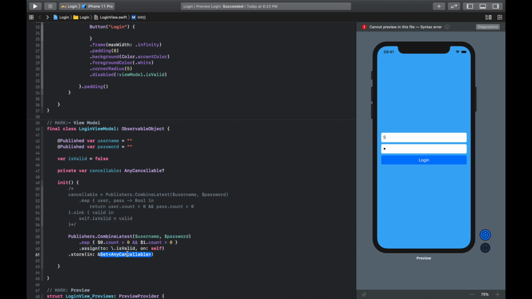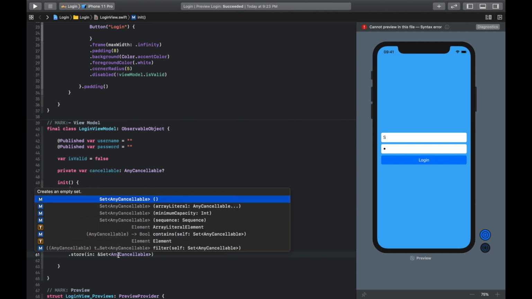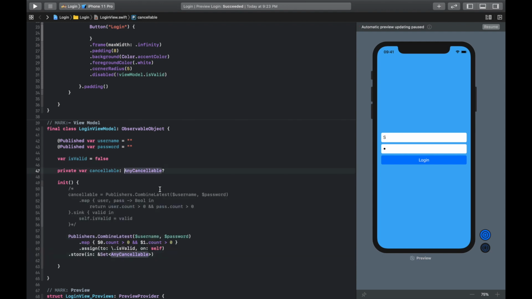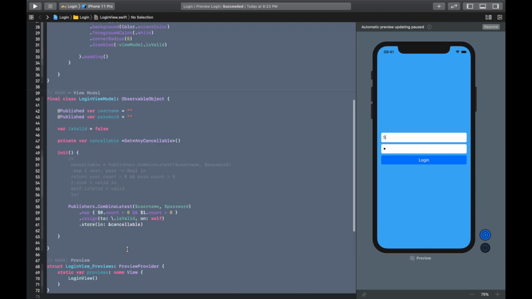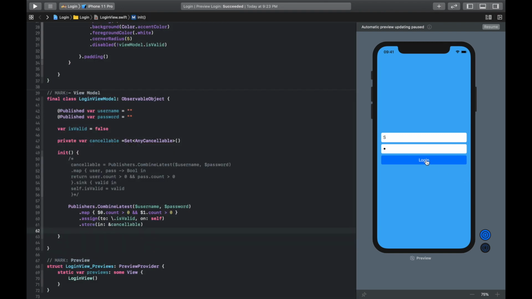Within that we need to pass a variable which will store a set of AnyCancellable. So simply we will change this to a set of AnyCancellable, and we will pass the reference of anyCancellable in this function. And simply we will rerun it. Oh, I need to put some space.